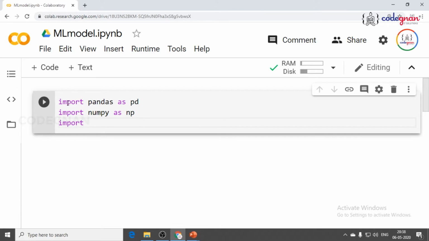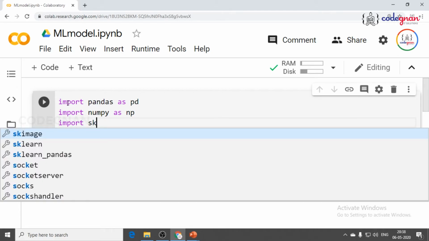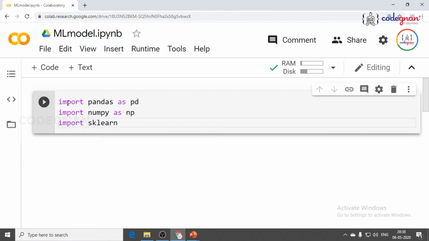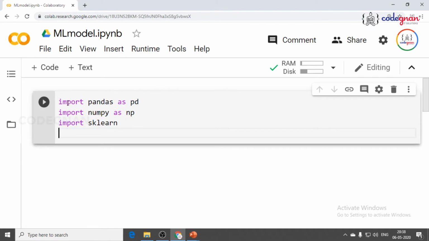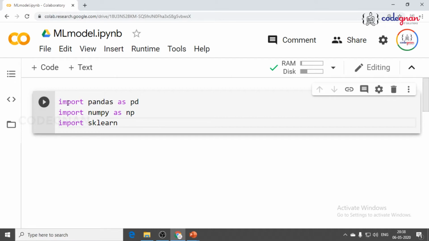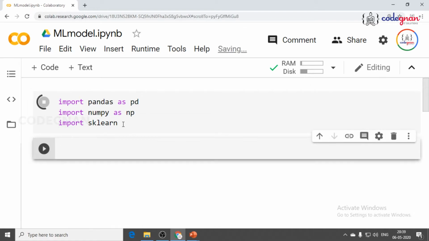Then you can directly give out a sklearn library here itself, or we'll do it later. How? This is the first step of giving out the packages, right? So once you have done, you can click on this button, run cell, or you can click on shift enter, so that this cell has executed. You can see this one number, that means this cell has executed.